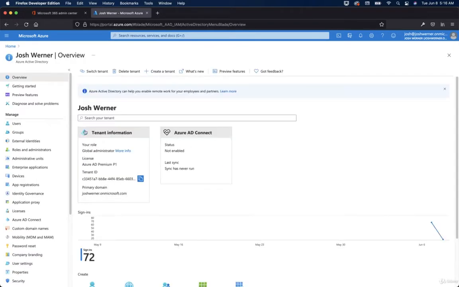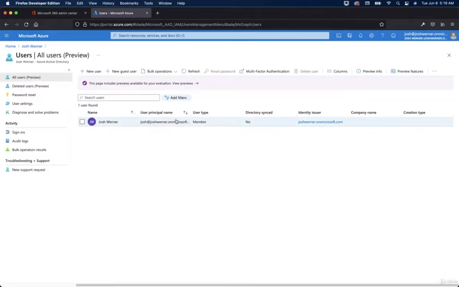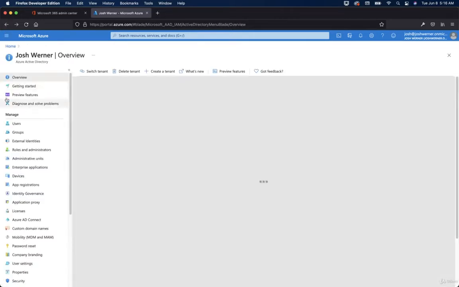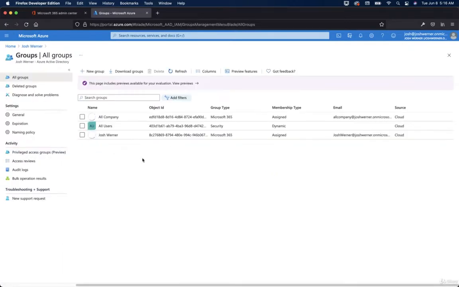So if I just go to manage Active Directory accounts, let's look at this real quick, just so you can get an idea of what I'm talking about. We're not going to do a deep dive into this, but you could go here and look at users, and I only have one. But here's what I was dealing with: we had multiple groups that were created, and what happened is that